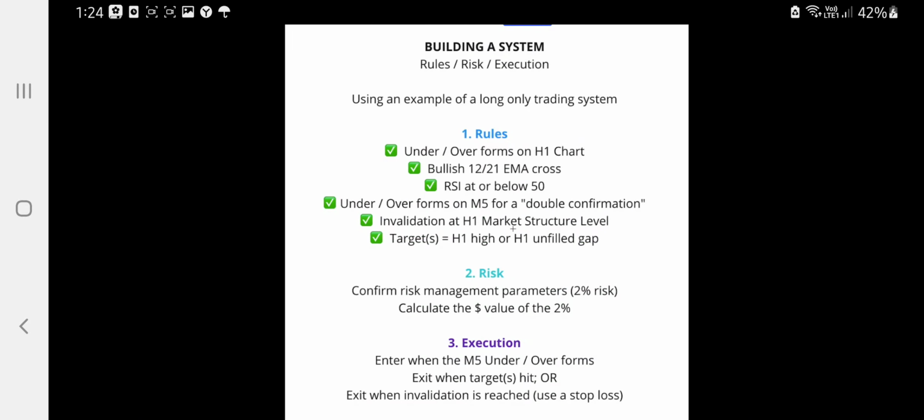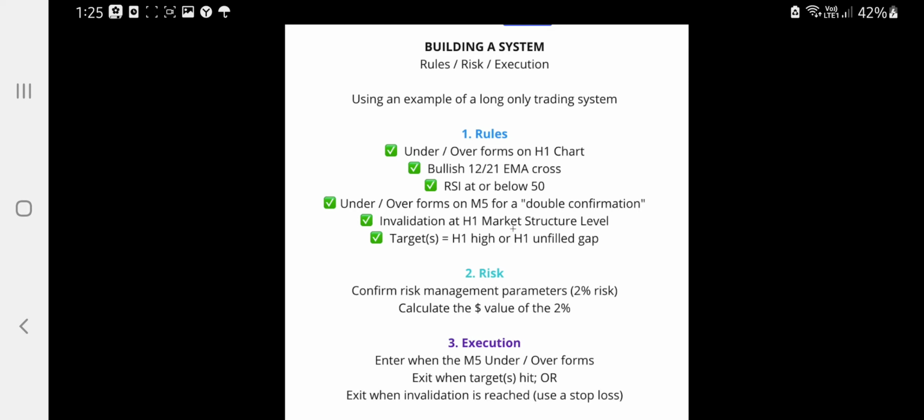So, building a trading system comes down to three things: rules, risk, and execution. You need to keep it simple. If you have too many rules, it does not make a better strategy. Your system is simply a set of if-then rules, okay? So, for example, if there is a H1 market structure break after a downtrend, then I will wait for the retest and take a long. That's an extremely simple one-sentence trading plan. You can actually do that.